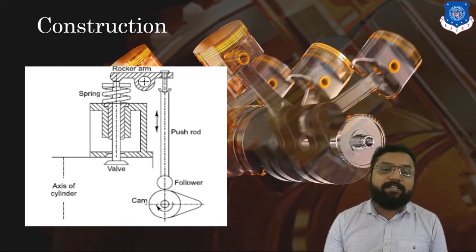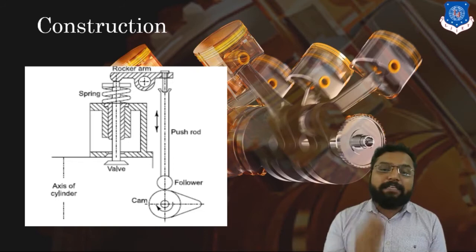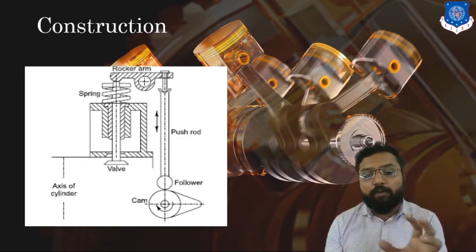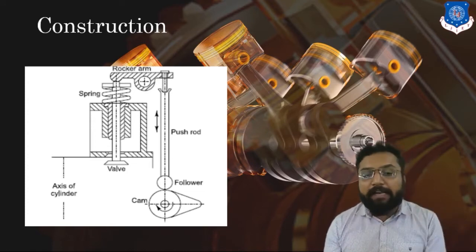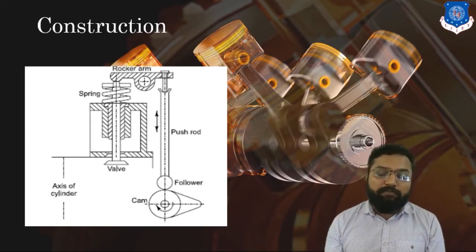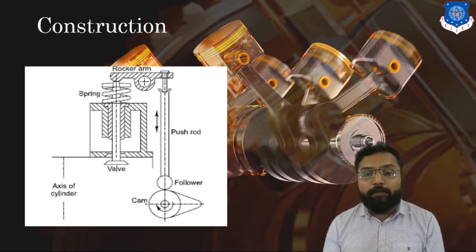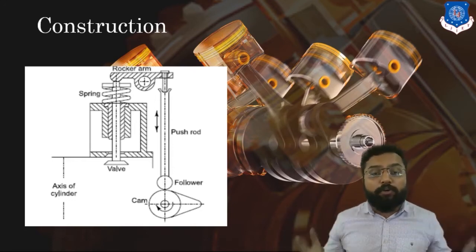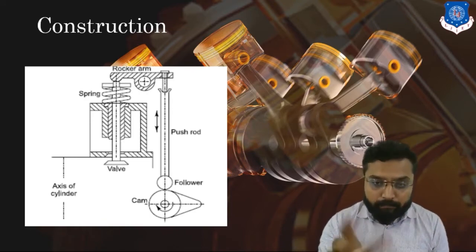moderate amount of temperature, and the exhaust valve has to work under a higher amount of temperature. In the case of the inlet valve, it should have sufficient chemical stability against the chemical composition of our inlet charge, and the outlet valve should have sufficient ceramic ability compared to the inlet valve. So the material of the inlet and outlet valves will also be different. Clear? Valve gear mechanism.